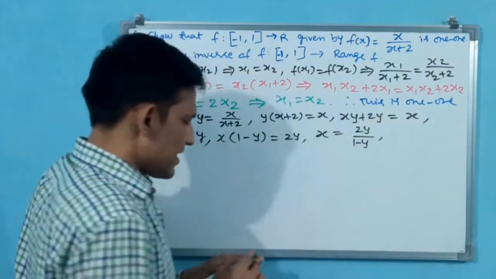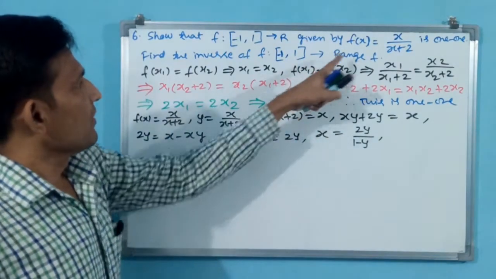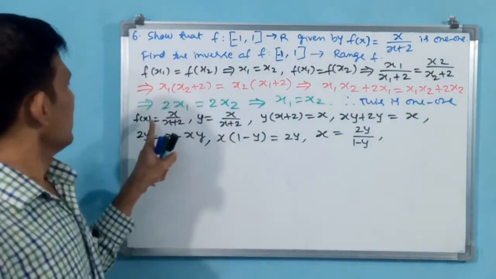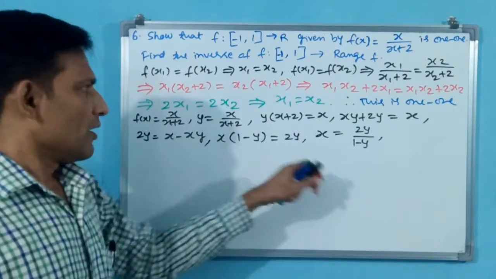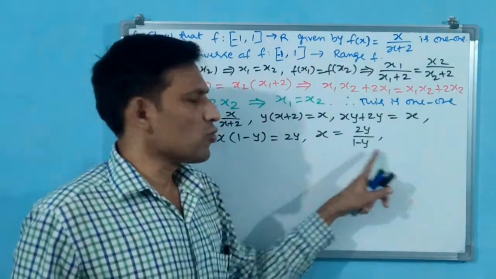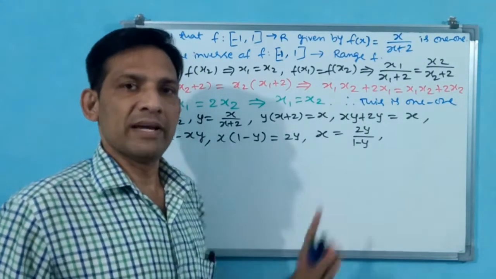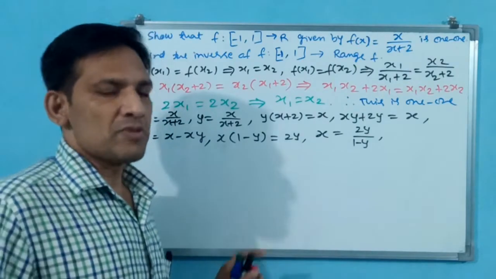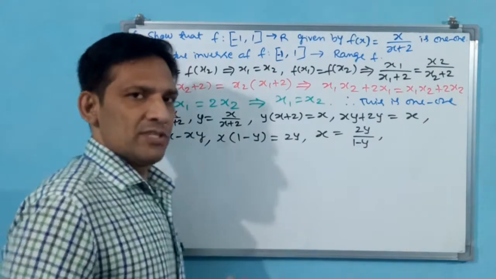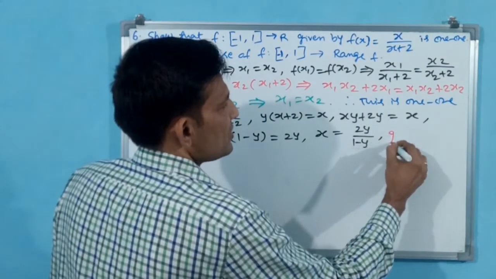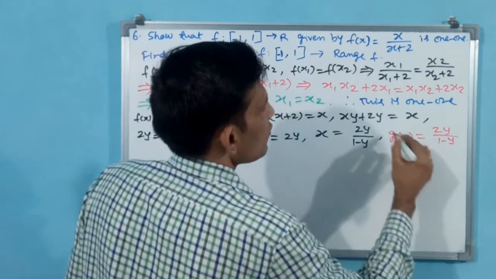Now wait here. See, what is this x? f of x means y, so x means g of y. Like that we will take. g of y is equal to 2y by 1 minus y. If this is invertible, then directly we write that inverse is equal to g of y. If that is not invertible, then there is no inverse we can write. Until now you can take g, there is no harm. g of y is equal to 2y by 1 minus y.